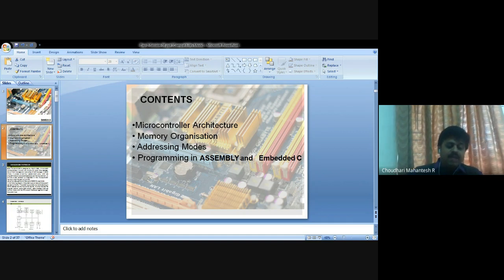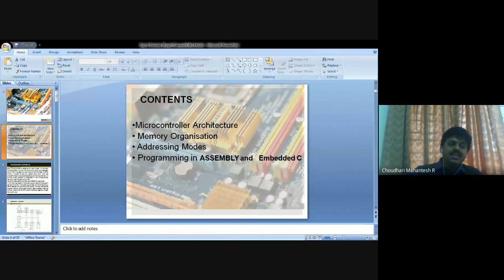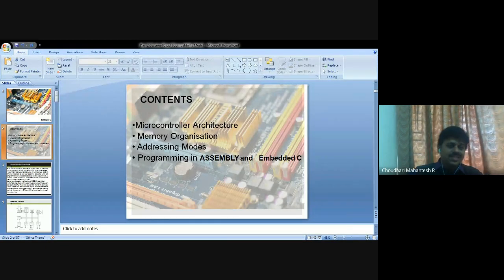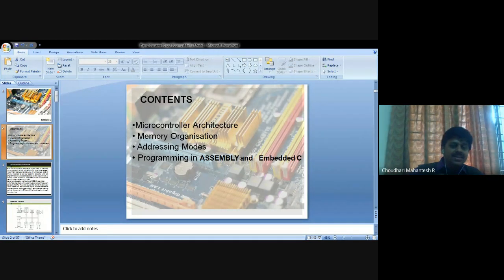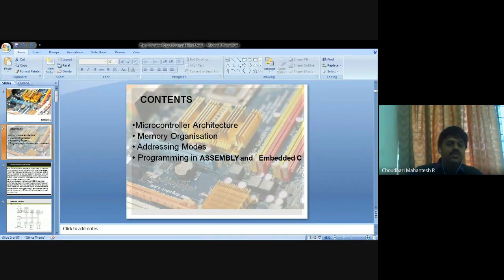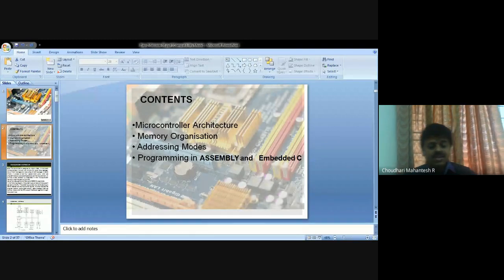Then how to work with a DC motor. There are two types of motors actually, gate DC motors and EO DC motors. What is the difference between those things, we will let you know tomorrow. Then how to work with the stepper motor. And DC motors usually operate with 12 volt.